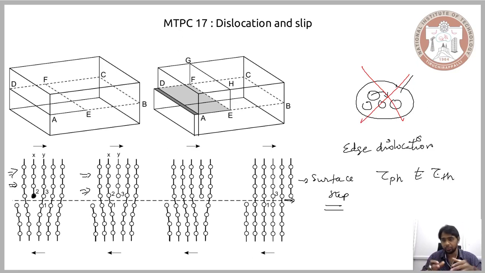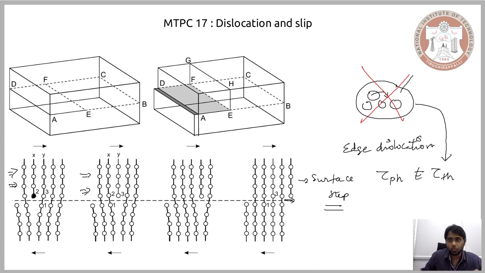So the stress required to bring about the plastic deformation was calculated under this assumption, assuming that the plastic deformation is the movement of atom from one stable position to another stable position. However, as you can see here, the plastic deformation occurs in a different manner, which we will see subsequently in a few moments. But in case of edge dislocation, the plastic deformation occurs by the movement of the extra layer of atoms, by the introduction and the movement of the extra layer of atoms. It is not that the atoms move from one stable position to another stable position directly, but it is through an extra layer of atoms.